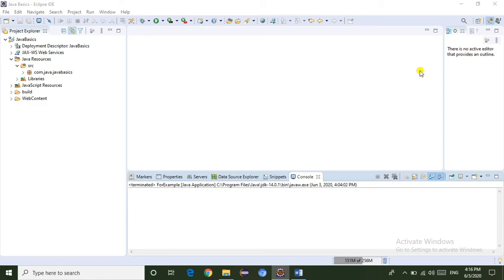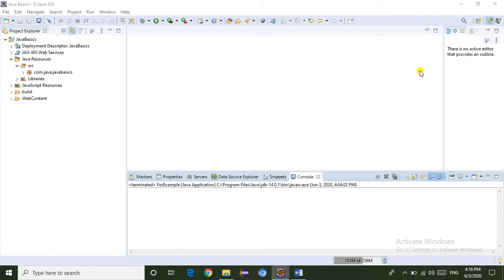So when can we use for loop? If the user knows how many times a loop should execute, then we can use the for loop. When can we use while loop? If the user does not know how many times a loop should execute, then we can use the while loop.